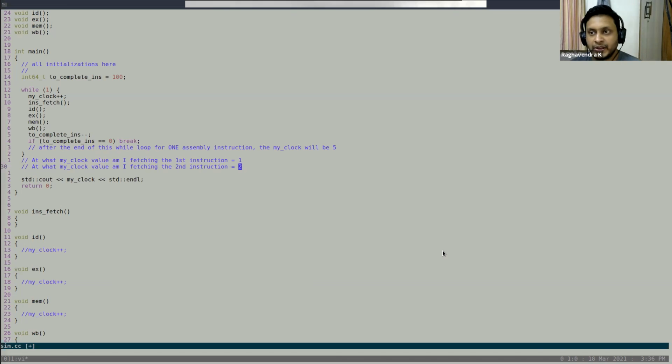Of course, there are many more challenges because you will have stalls and you will have to figure out what to do with the clock. And I don't even know whether this is the right answer, whether I have to put my clock here or put it in instruction fetch or maybe put it everywhere else. I don't know. I just wrote it because this came to my mind now. So you will have to figure that out, right? You have to figure out, okay, does it make sense to put it here?